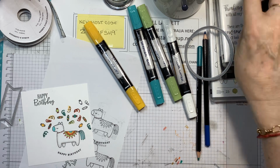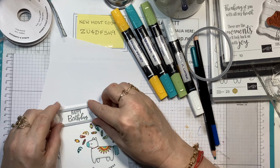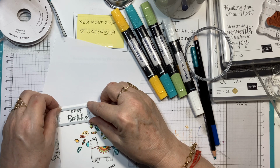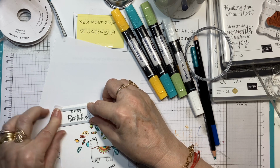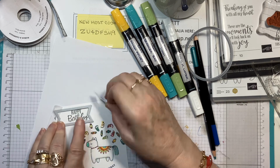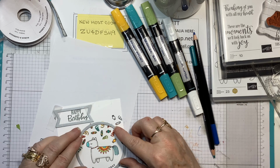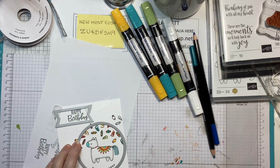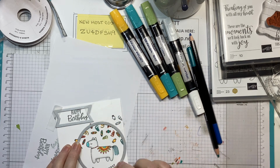Okay, now I'm going to cut these out. So I'm going to use some tape to hold that in place. Now, I might just go this way so that I can tuck that one in behind the die cut. All will become clear in a minute. So we'll put that one on there. We'll put this one on here. Now I'm just using the removable tape. I just like to use the removable tape